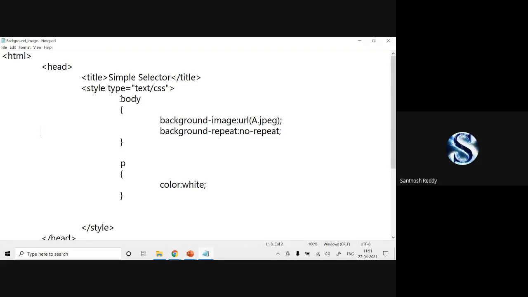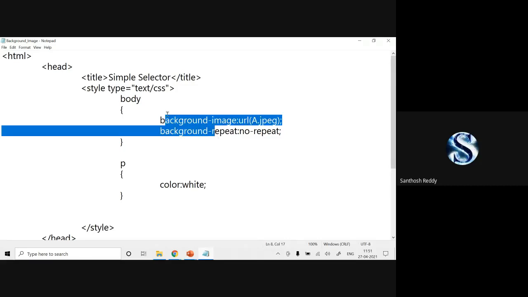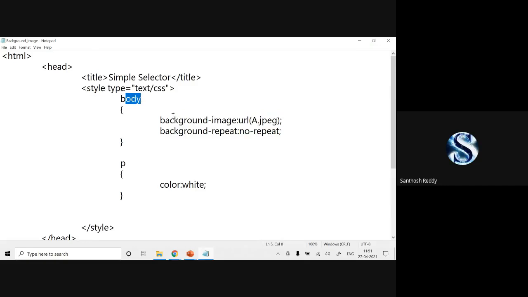So I have applied these properties in my body tag. Background-image: URL, where I have extracted one image, and I have set repeat to no-repeat. Why? Because the image I have selected is already in full-width format, 100% width, so I am not repeating it.